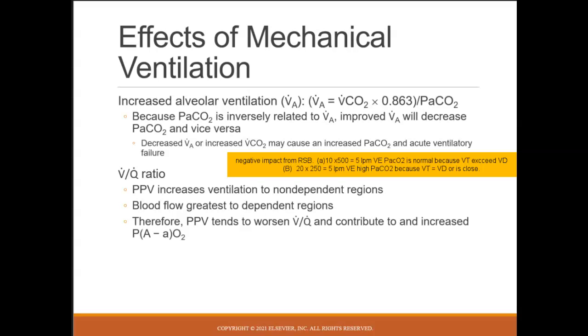The blood flow is going to be greatest in those dependent regions. The ventilation is going to end up in those non-dependent regions, and then you're going to have that worsening VQ mismatch. If blood and ventilation aren't coming in good close contact with each other, you're going to have a widening of that A-a gradient, meaning,